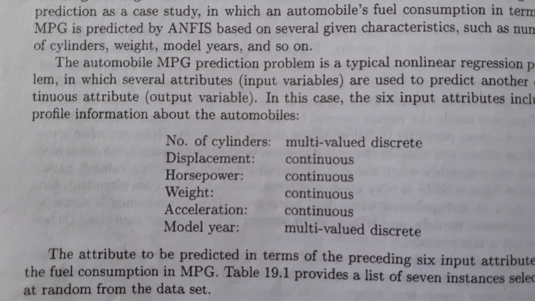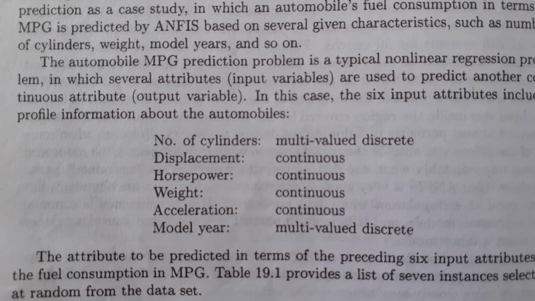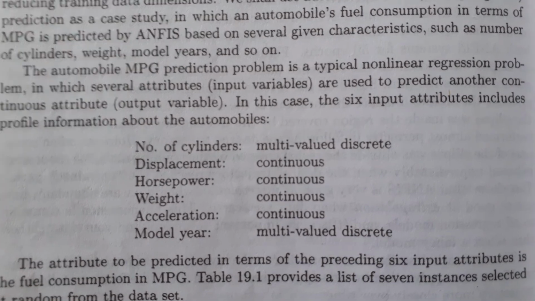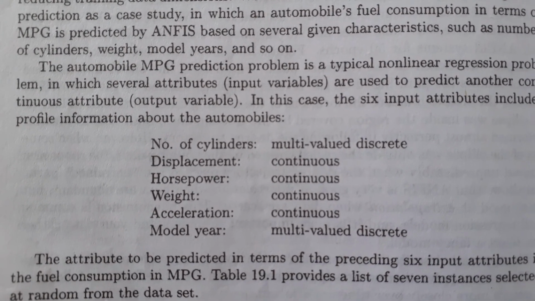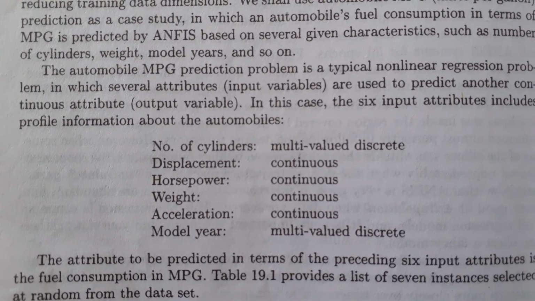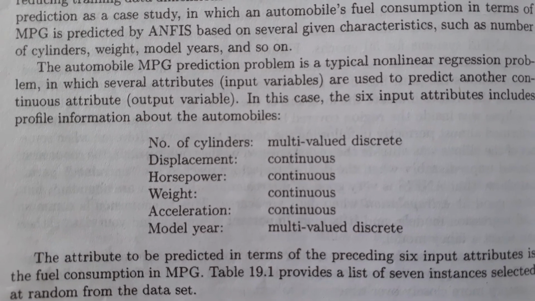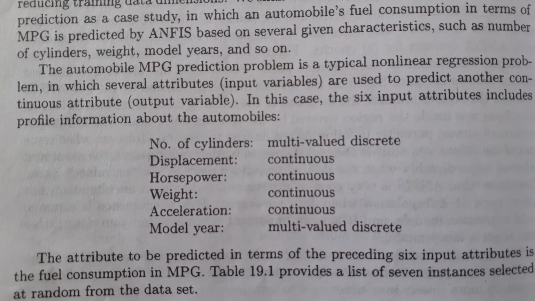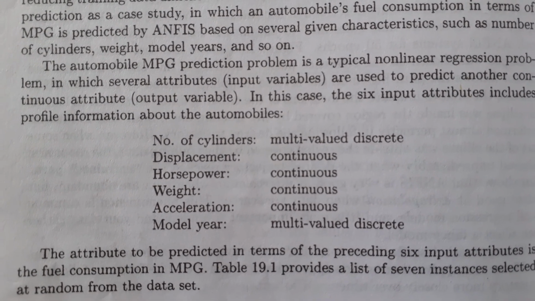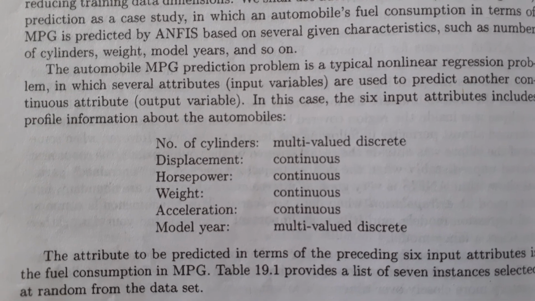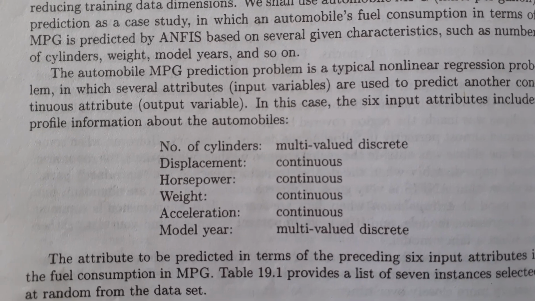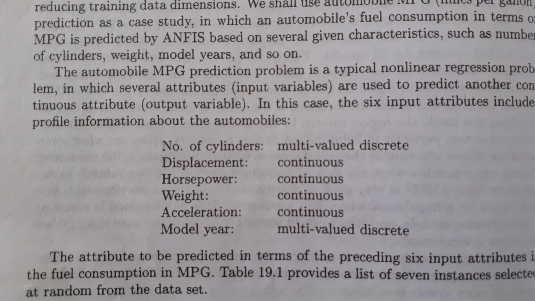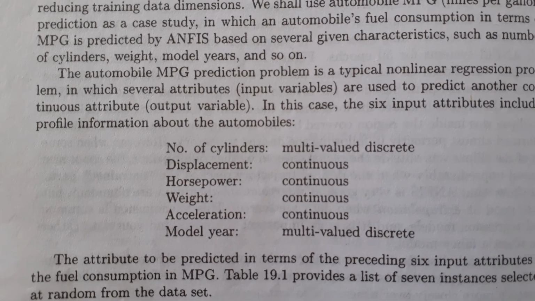Next is input space partitioning. Grid partitioning is the most frequently used input partitioning method. For a problem with 6 inputs, grid partitioning leads to at least 2 power 6 is equal to 64 rows, which results in 6 plus 1 into 64, which is equal to 448 linear parameters, if we are using first order Sugeno fuzzy model. Before training a fuzzy